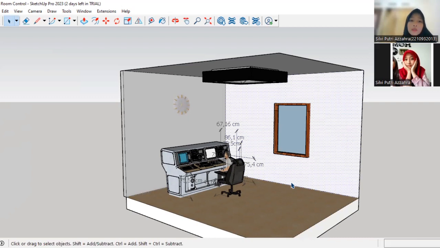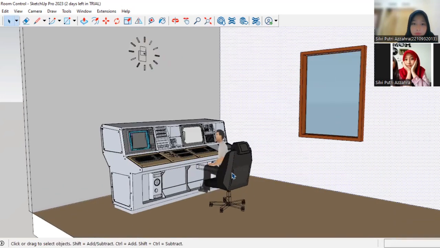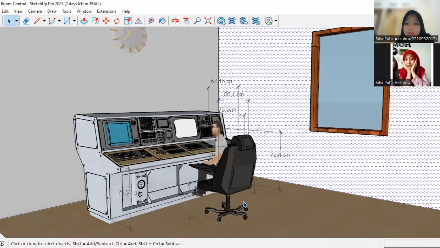This video is an assignment from the Work System Design and Measurement course. I will explain the control room design that I designed using the SketchUp application. The analysis that can be obtained is based on the screen. Display the result of the control room workstation that has been designed. The data used as size reference is anthropometric data from Industrial Engineering batch 22. The control room workstation consists of a chair and a control table.